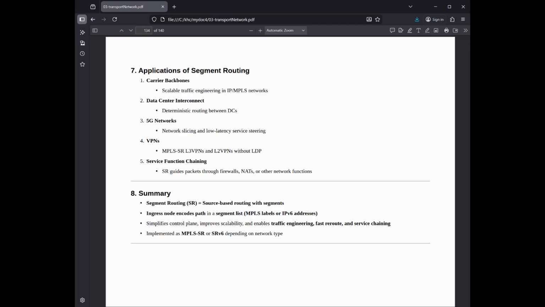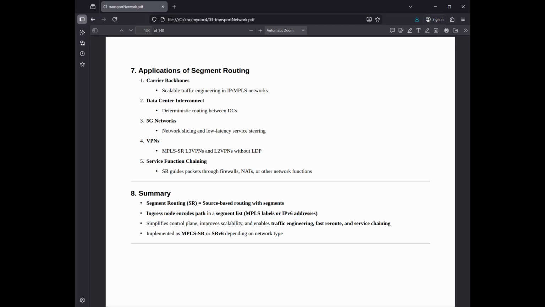2. Data center interconnect, DCI. DCI links high-capacity data centers over long distances. Low latency steering: SR allows a provider to identify latency-sensitive traffic, like high-frequency trading or AI synchronization, and force it onto the physically shortest fiber path, while bulk data backups are pushed to higher latency, higher capacity links. Smooth integration with IPoDWDM: as discussed earlier, SR provides the IP logic to steer traffic across the colored wavelengths provided